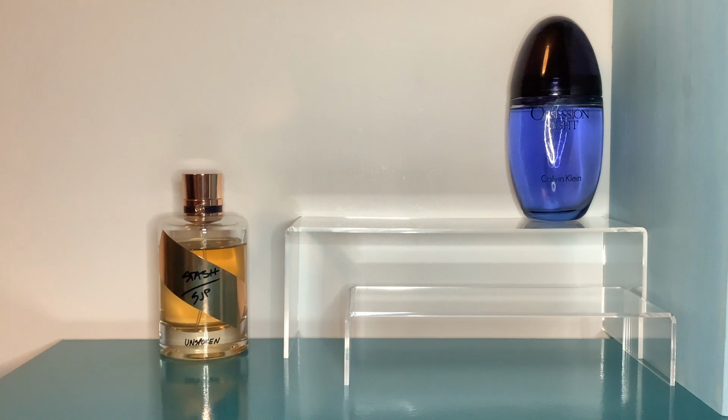This particular one is an absolute staple for me in cooler weather because it's creamy and cozy, it's powdery, it's soft, it's very sweet. It's all of the things that are good in autumn and winter. So the notes here: top notes, quince and pink pepper; middle notes, honeysuckle, peony, wisteria; base notes, tonka bean, sandalwood,